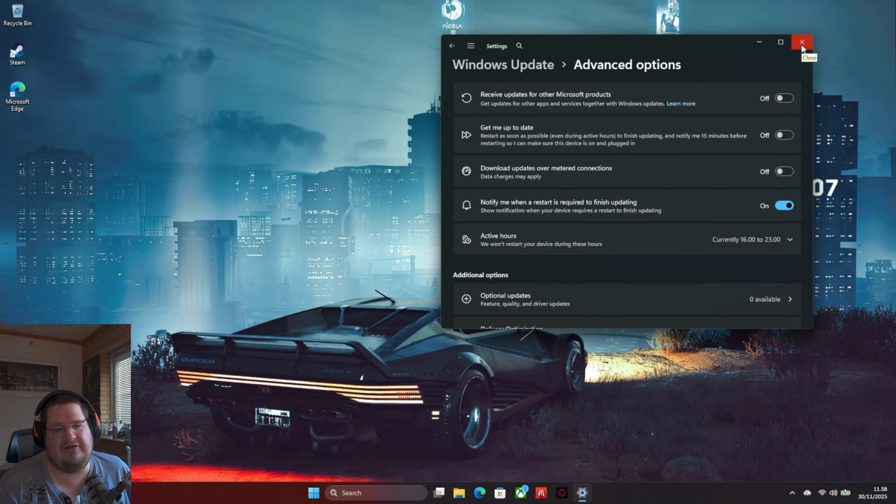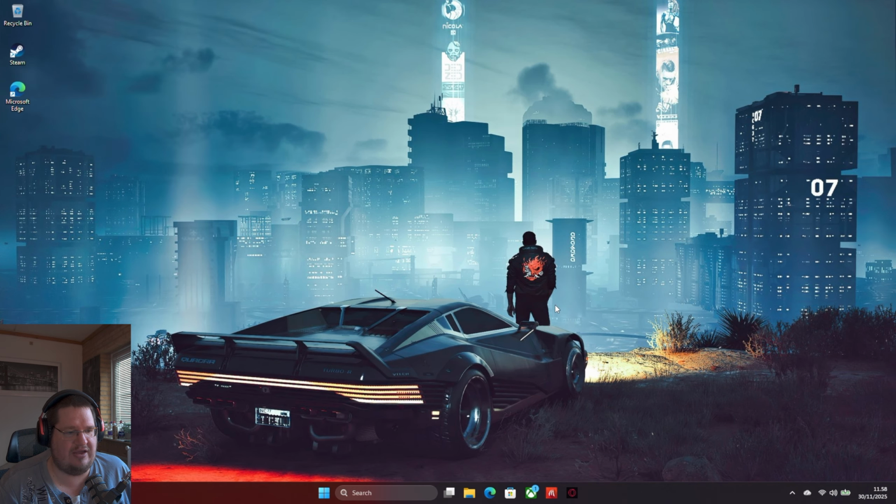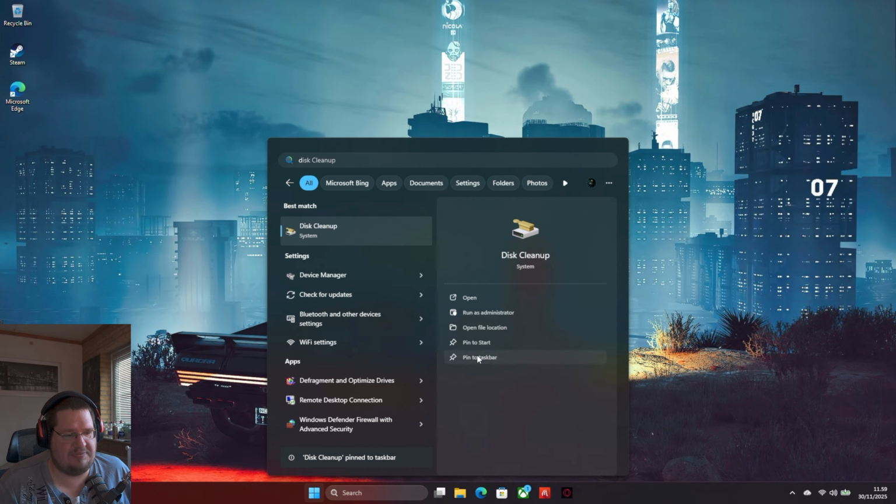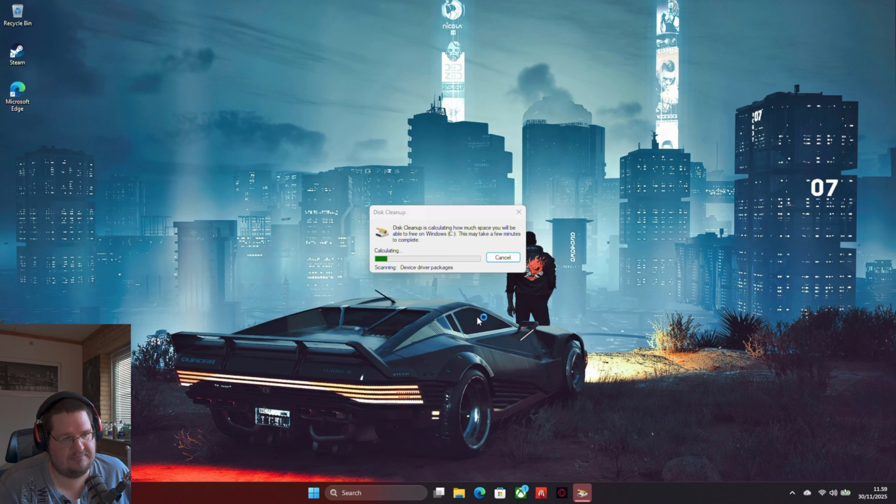And there are a little bit of other places you can go in. Another thing, now that we are done with everything, I recommend that you find this one here. Let's just pin it to the taskbar. Run this once a week. And I will show you why. This can take a long time to run, but run it, and run it as administrator, by the way. Because you can save